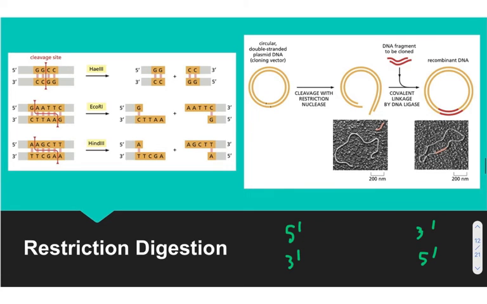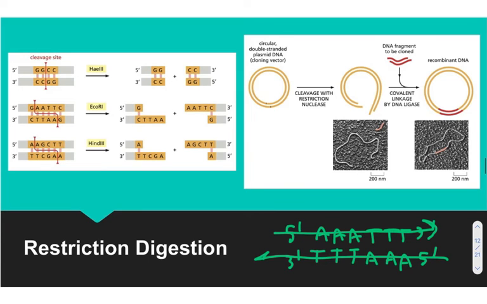So if I wanted to have a palindromic sequence, I could have something like A, T, T, T. So if you read 5' to 3' this way, and 5' to 3' this way, those two readings are the same. So it's not something that's the same forwards and backwards necessarily, but it's the same if you go 5' to 3' on each strand. Restriction digestion usually happens with palindromic sequences of like 4, 6, or 8 bases,